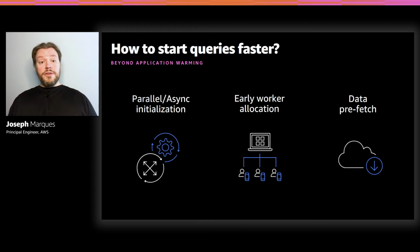And even if the workers are still loading, they're now loading with parallel async init. So even as we are starting them faster, we're now starting them in the background as soon as we need. And then the third is really, how do we decouple the compute that we have from the storage that we're